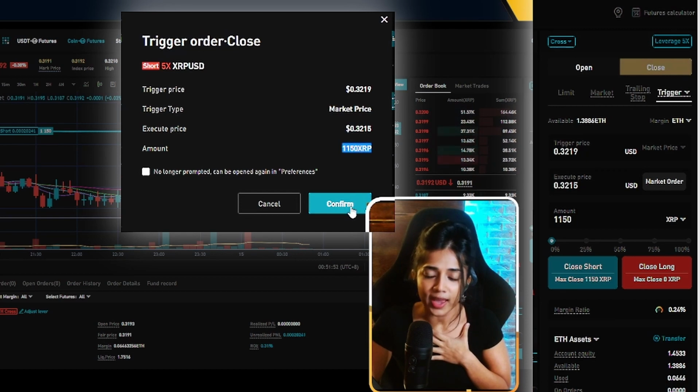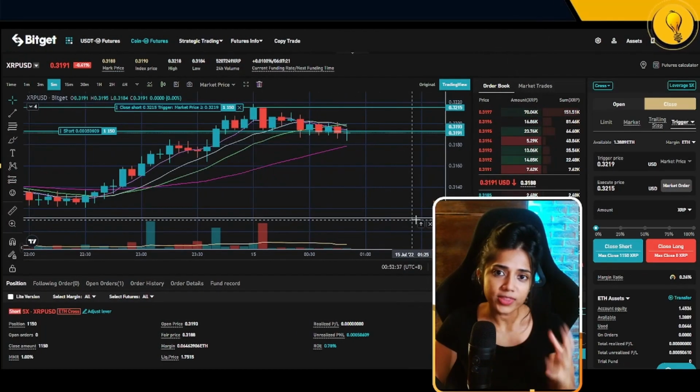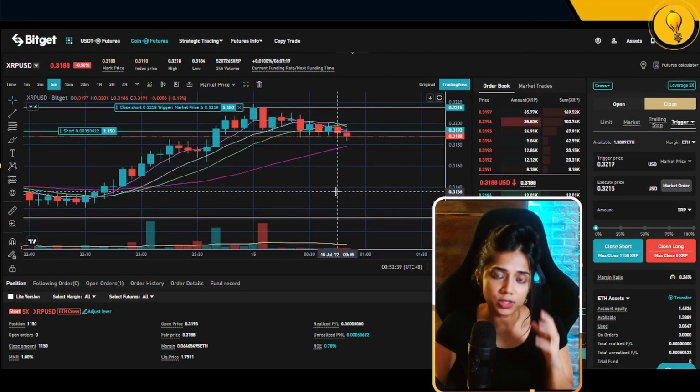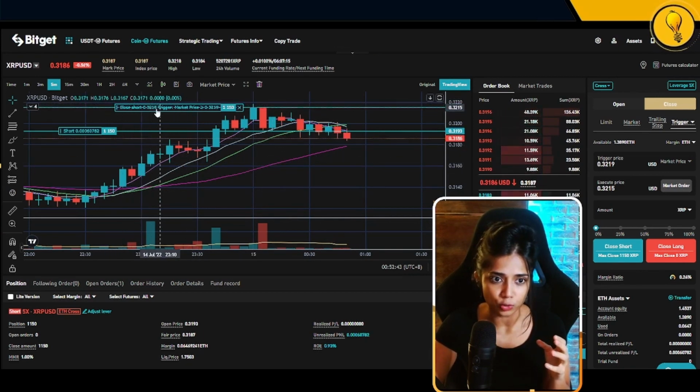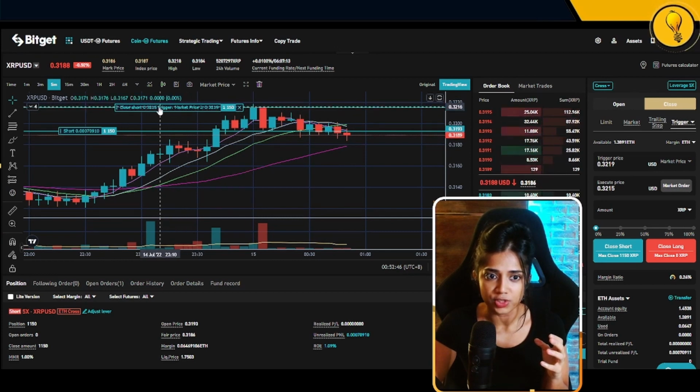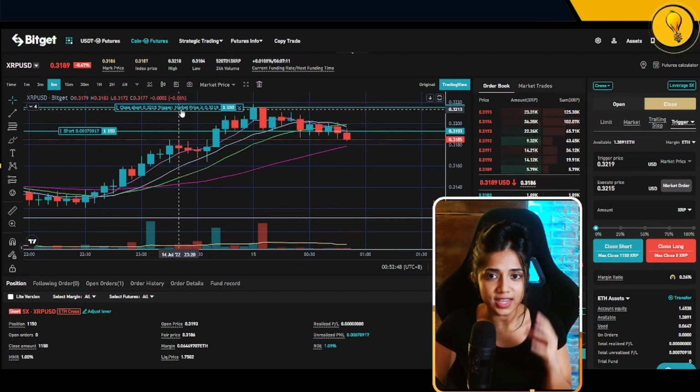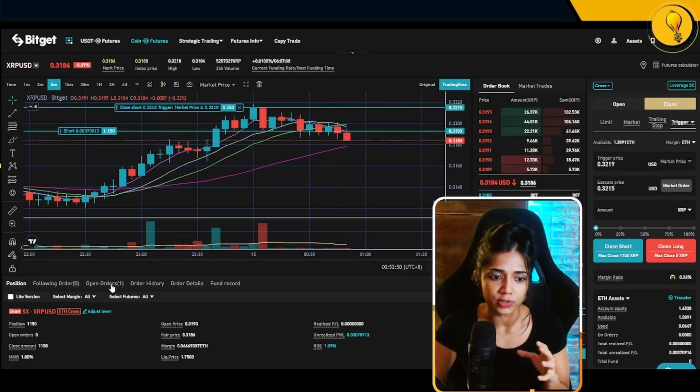Now I'm going to go ahead and click confirm. With that, you'll notice that I now have an open stop loss order on the chart, right? If you look at this region right here, it says close short at 0.3215, which is the trigger. Okay, now to see it for real, I want you to go ahead on over to your open orders tab